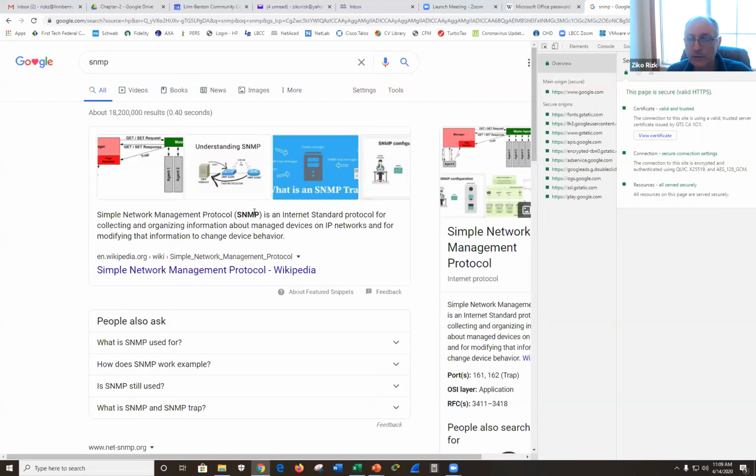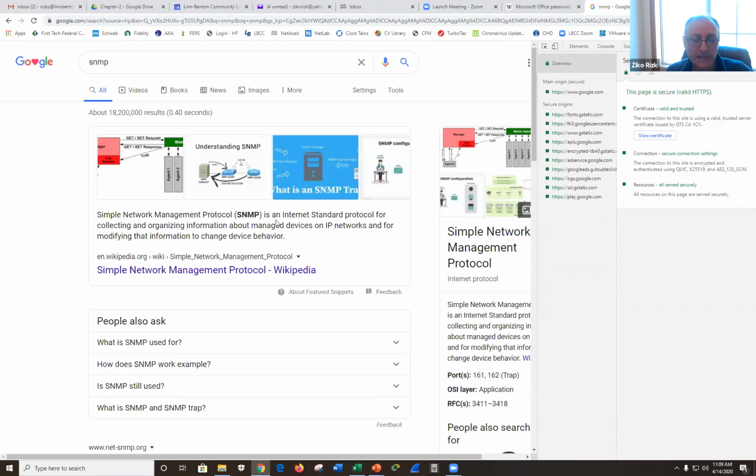This is not a Google thing. It's a standard. It's not a terribly popular standard, and you will see why fairly soon. And it's been around for a very, very long time. And like all protocols, it has evolved over time. There's version 1, version 2, version 3. And this is true for any protocol. You pick whichever protocol you want, and you will see version 1, version 2, version 3, version 4, and so on.